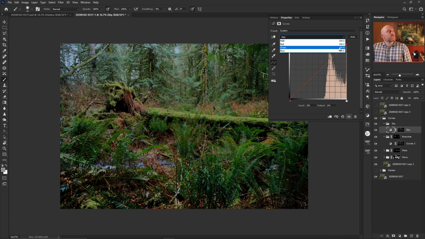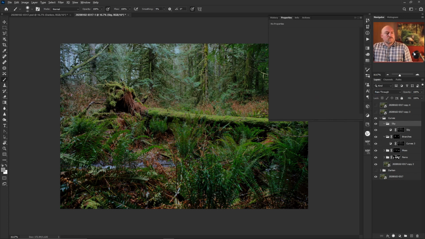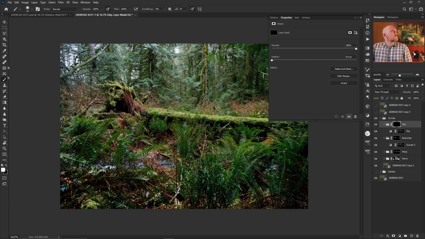And we don't really want any magenta or green, so we'll leave that alone. And let's invert that. Come grab our brush and paint in this blue